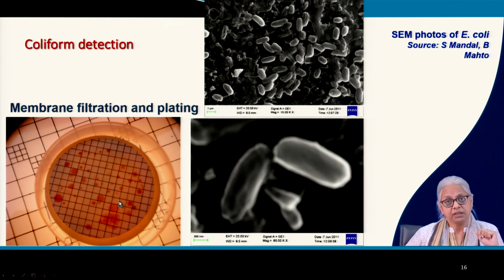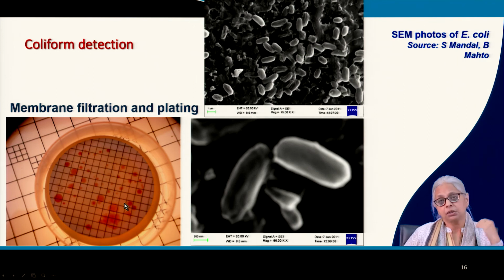So we use a membrane filter. You vacuum filter the sample. You can take as much as 1 liter, 10 liters, whatever you want, and depending on the precision you want, you can take any volume of sample. Now you can see what has happened over here. 100 ml of the sample was filtered and you get colonies that have fused and overlapped with each other, and you can see the size variation.